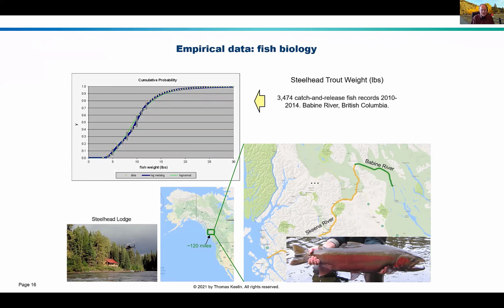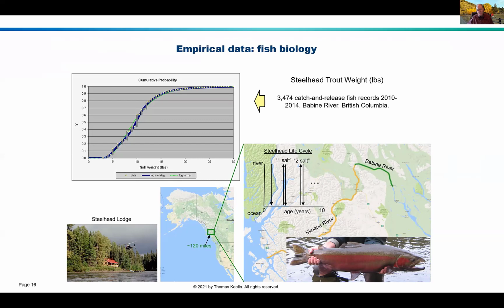And if you tried to fit that with a log normal, then of course you get something that has a log normal shape. But if you fit it with a metalog, which is a better representation, you'd probably get a better shape. One of the things that we have always wondered about steelhead is what happens. Steelhead are born in the river, they go to the ocean, they fatten up for a few years, they come back, and when they spawn,